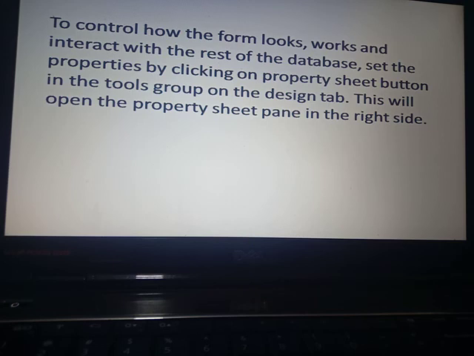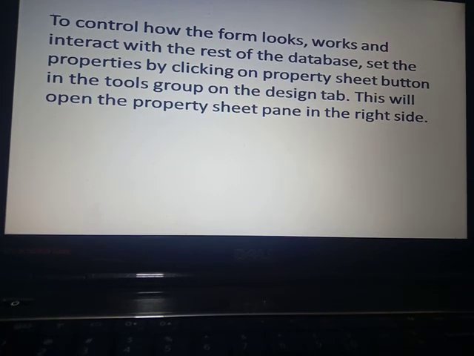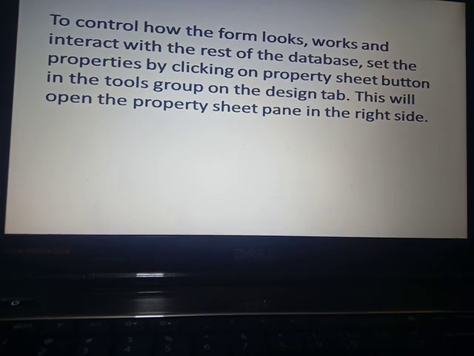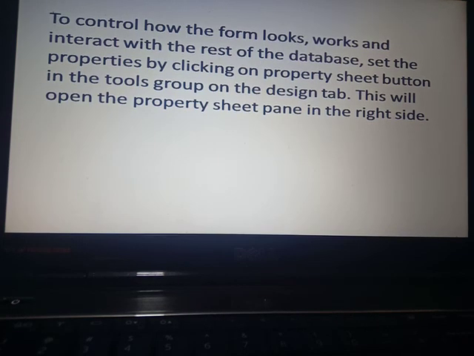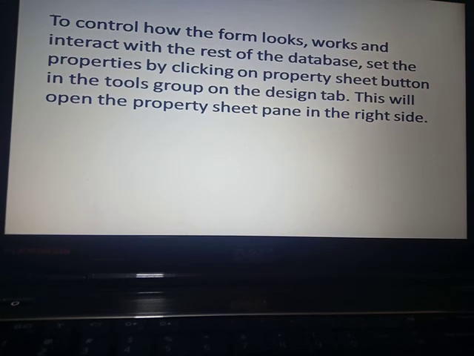So you click on the property sheet button, which you will get in the design tab. In the design tab of the form, you can design the form as you wish. A property sheet pane, in which various properties of that particular form are shown, will open on the right hand side of your screen.